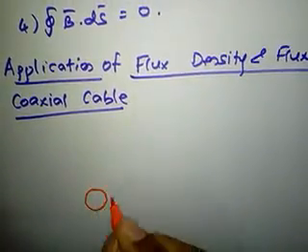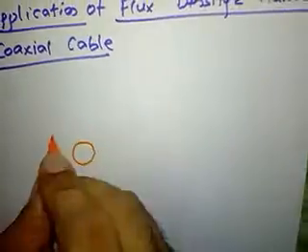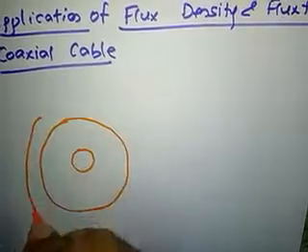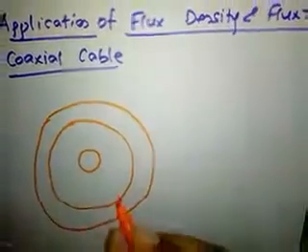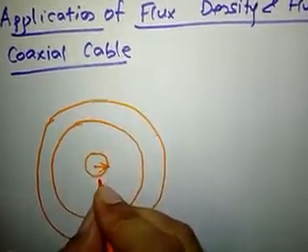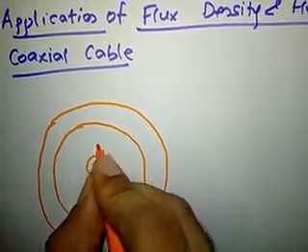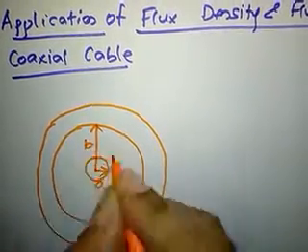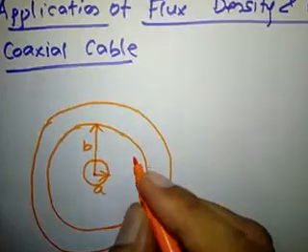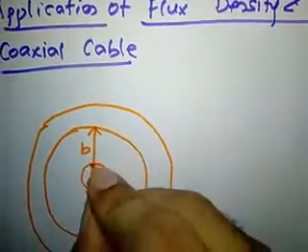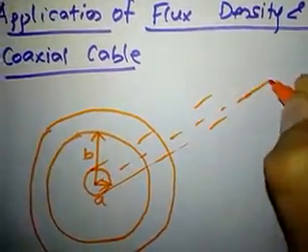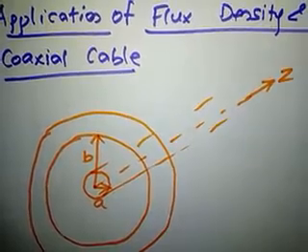So this is the inner surface. Then we have the outer surface. So this is the inner radius, the radius of the inner surface, that is A. Then we have the radius of the inner surface of the outer conductor, it is B, right? So here the reference axis we are considering as the Z axis, that is, it is as good as a cylinder placed along the Z axis.